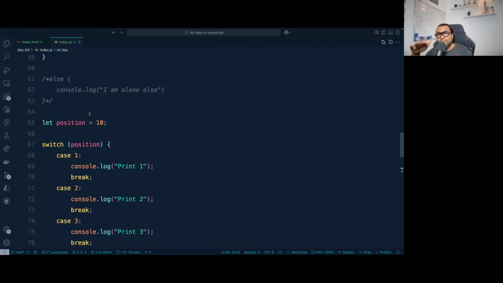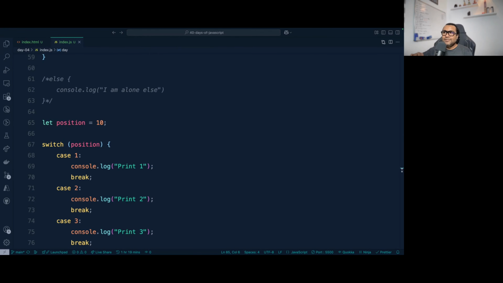But ultimately it boils down to your use case. If you have complex logical operations, like range and all these things, you have to use if and else. But if you're working on a fixed value like a number or string, the examples we have taken, and based on that you want to make a decision on that fixed value, then switch case is a must that you should go for. I hope this is completely clear to you.